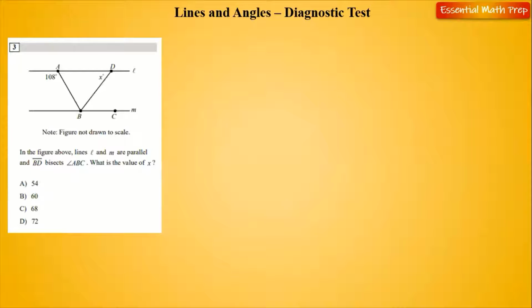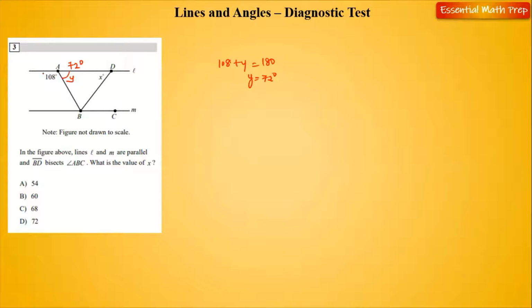Right, in the figure above, lines L and M are parallel and BD bisects angle ABC. What is the value of X, right? If this angle is 108, this angle would be, let's call it Y. 108 plus Y equals 180. So Y equals 72 degrees. So we know this angle,